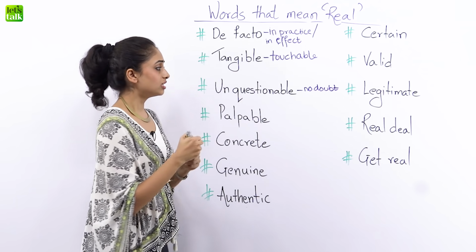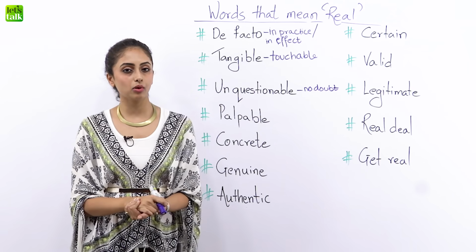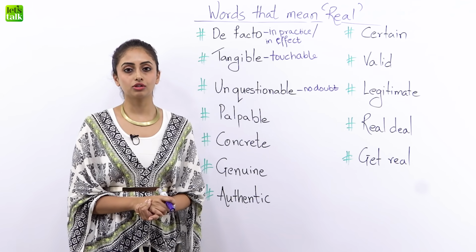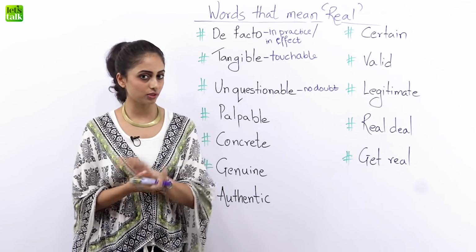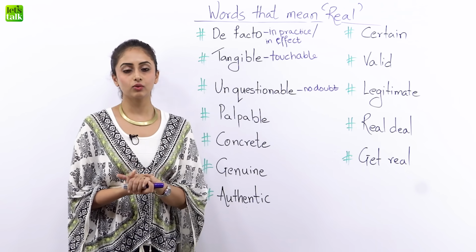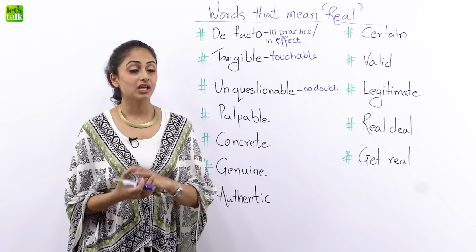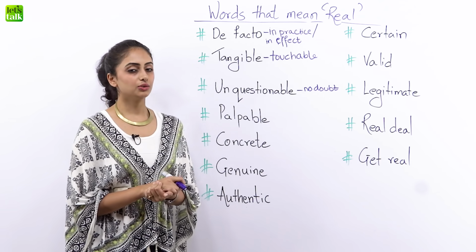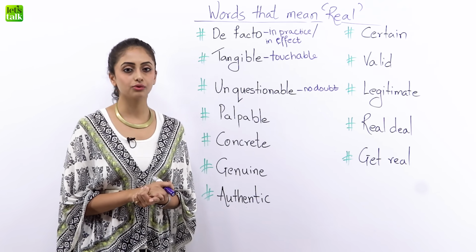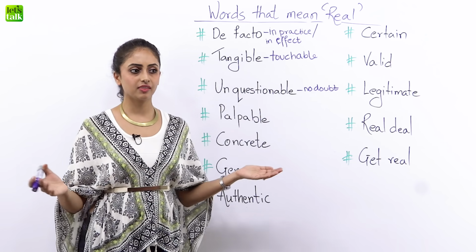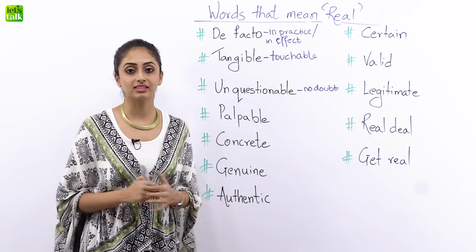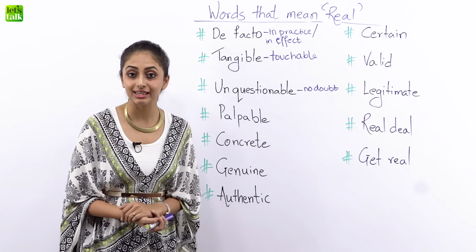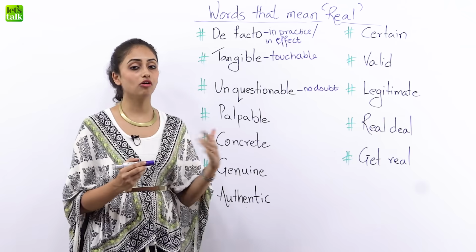So, well, if you ask me about, maybe we're playing truth or dare, and I have to talk about truth, all right? And you ask me a question, and for which I give you the answer that, yes, I do have a twin sister, and you don't know me yet. And you would say, hey, no, that's not true. That's not real. You're lying. I would say, no doubt. Or I can say, unquestionable. It's the truth. I do have a twin, right? That's just an example of how you can use